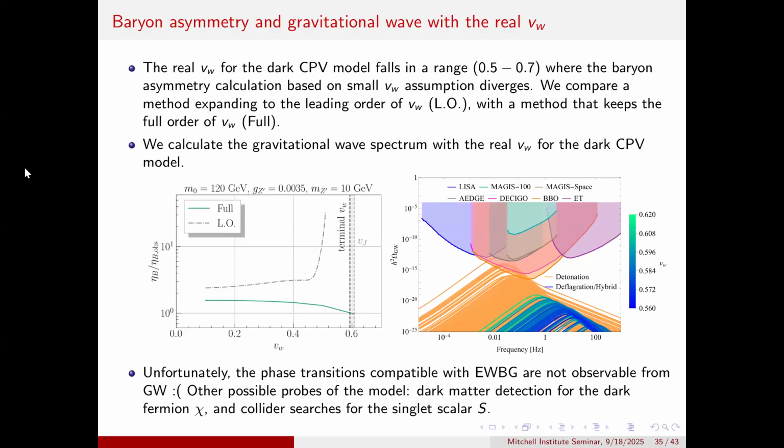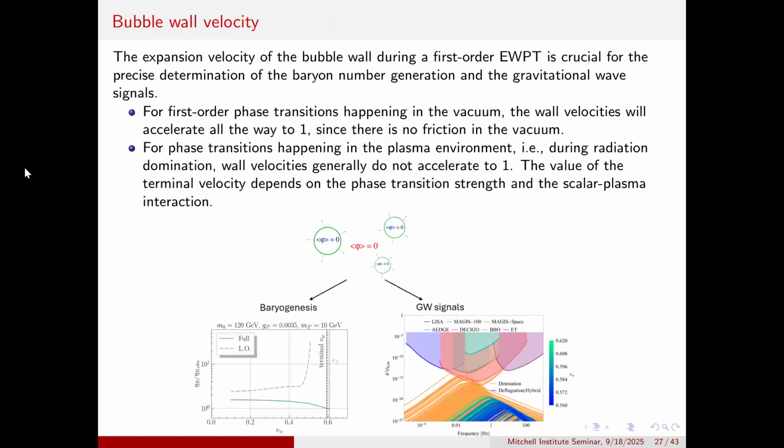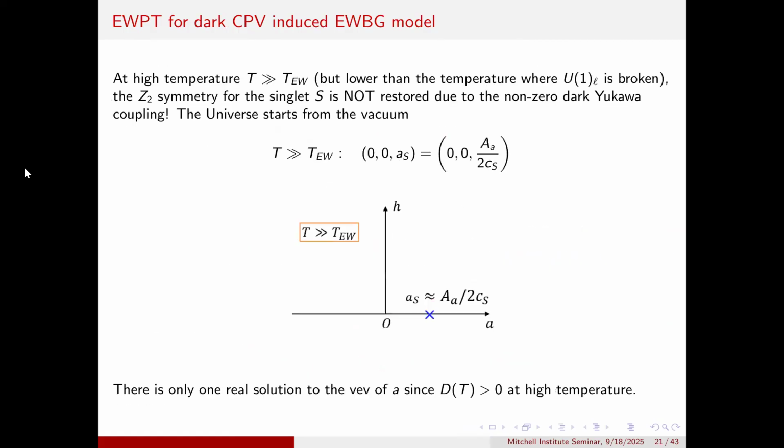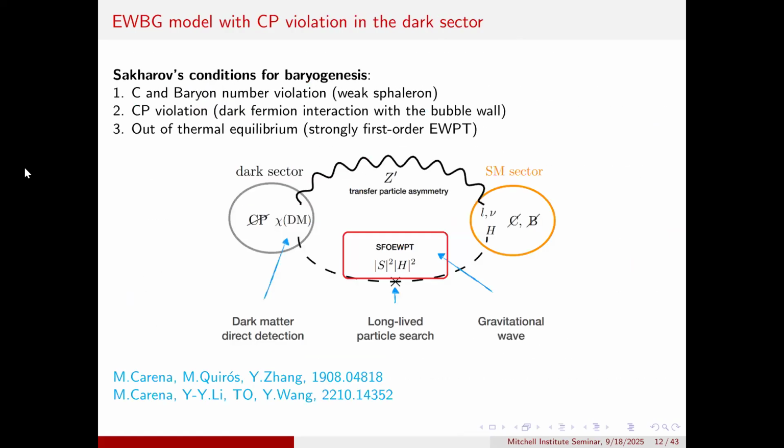Yeah. And for the collider search, it's the same reason. It's a parameter space change. But the idea was that because the scalar couples to the Higgs, in principle there are a lot of ways to probe that. If the scalar is lighter than the Higgs, then you can probe that with Higgs invisible decay. Otherwise, it will not be an on-shell Higgs but off-shell, and the singlet later decays to leptons and so on.